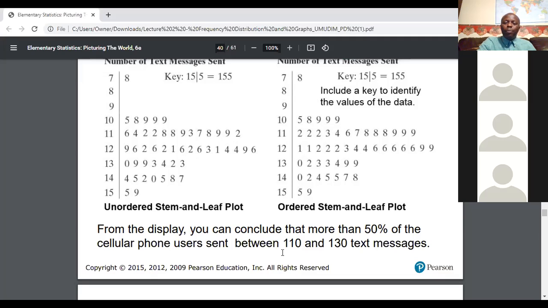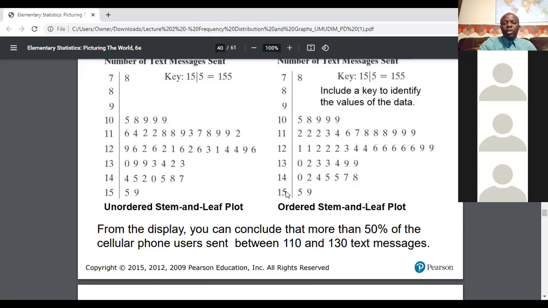So between approximately 110 to 130, you have most of them, more than 50% of them. So most of them sent between 110 and 130